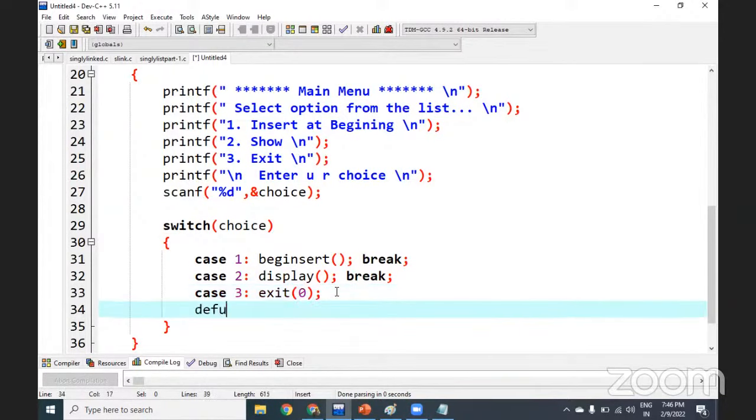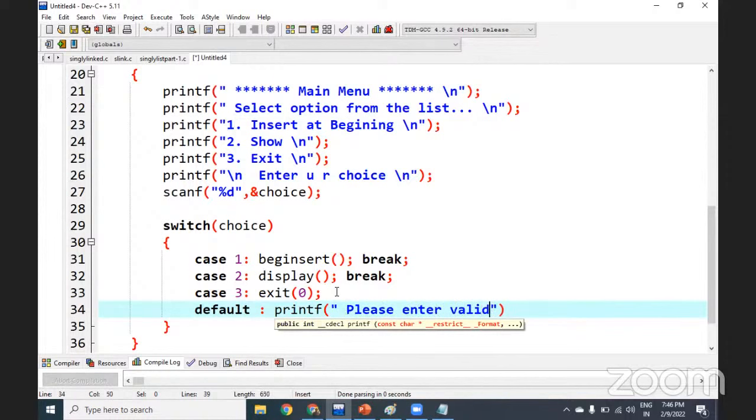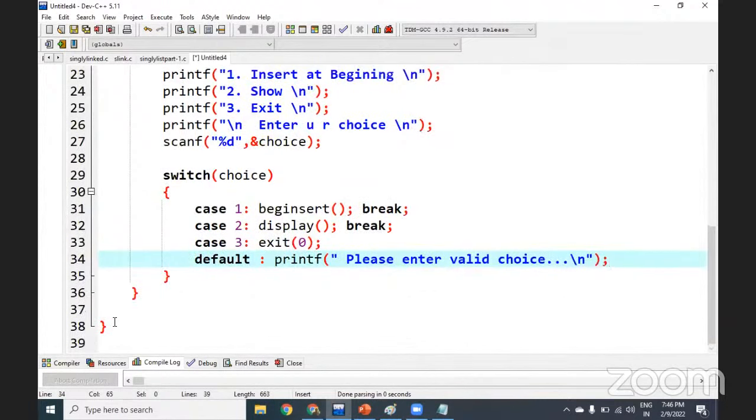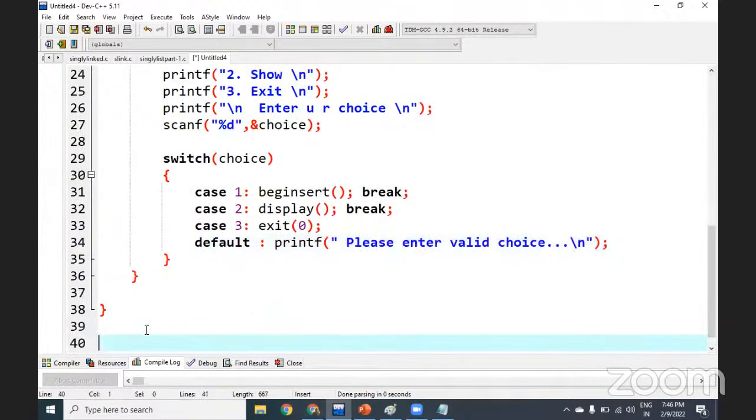Other than that, I can say default: printf. Please enter valid choice. You can say like this. So now, this is a menu driven program we have written. Okay, now finally, after coming out of my main program,